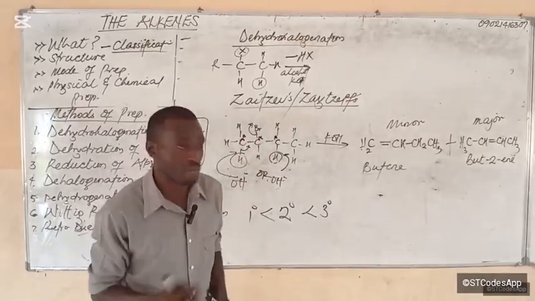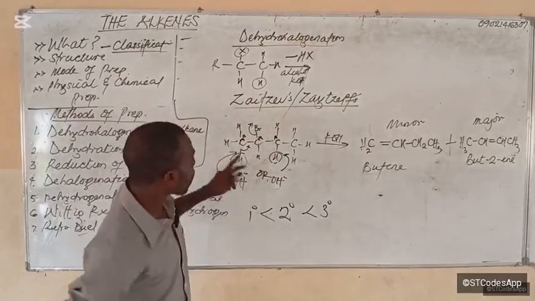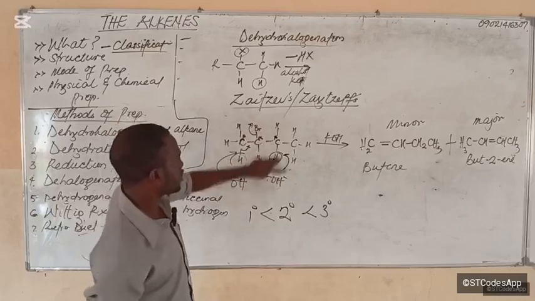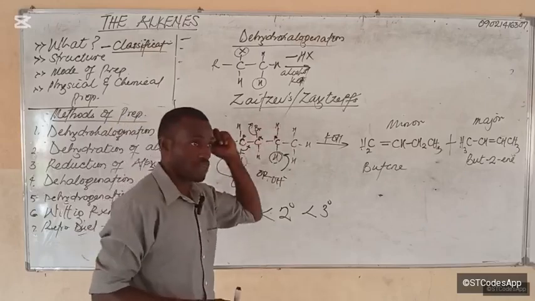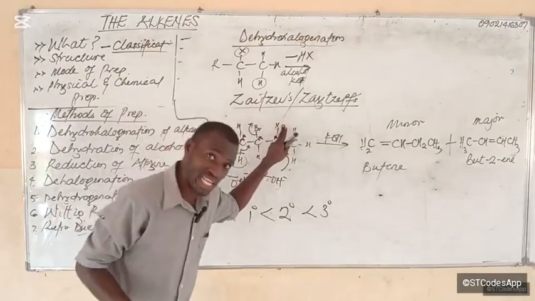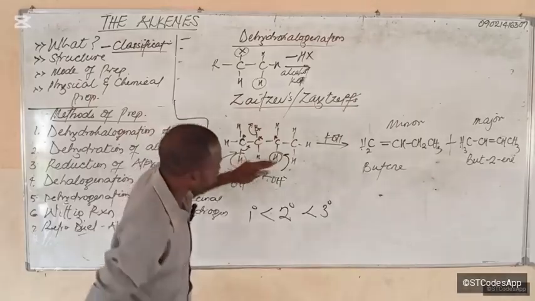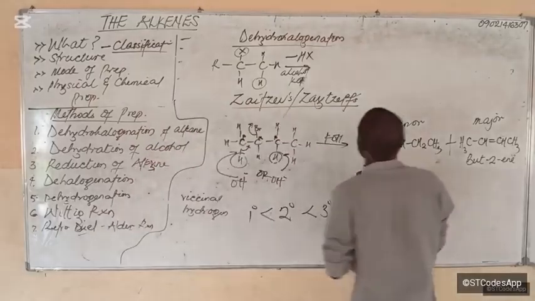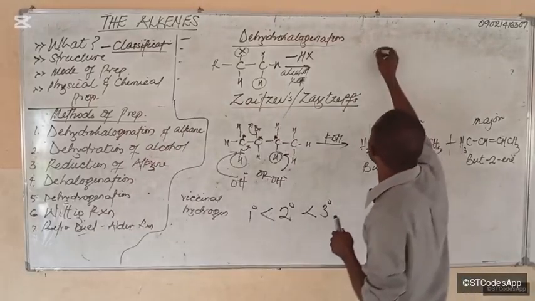I'm going to give one more example before explaining why it is this hydrogen and not this hydrogen that is removed. Now, this hydrogen can also be removed, but in most cases it is this hydrogen that will be removed. Now listen, look at this case. For example, if I have something like this,